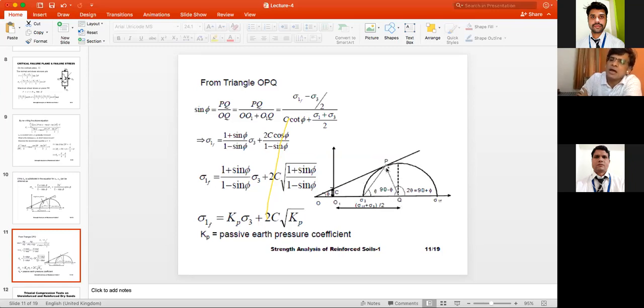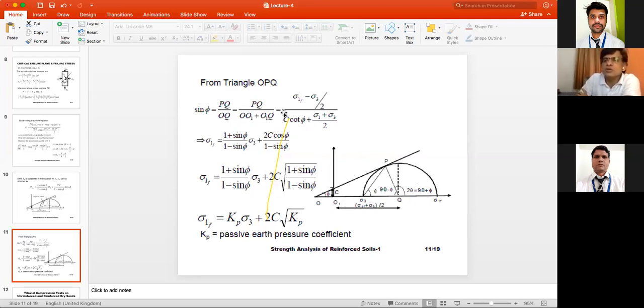Okay, and the angle of the Mohr circle from sigma 3, the origin of the Mohr circle, to P, that makes the critical failure envelope. That is theta F. Actually, we already found that. From this, if you recall, sin theta is equal to PQ by OQ. OQ is equal to O1 plus O1Q.